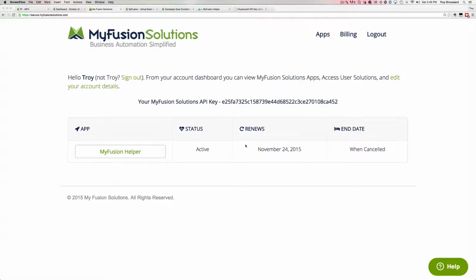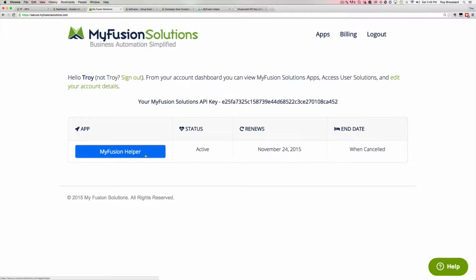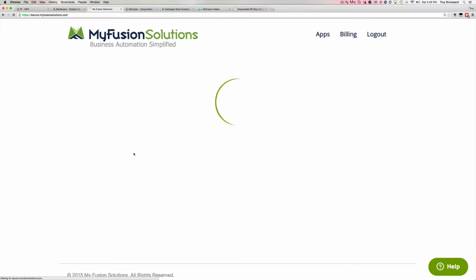So after you log in, you're going to come to a screen that looks like this. Now, you'll see that you can access your account details or billing information. You'll also see a listing of the apps that you have installed. If you've only purchased MyFusion Helper, then that's all that will show up here. However, if you have one of our other apps, such as MyFusion Notes as well, then that would also appear in this list. The next thing you're going to do is simply click on MyFusion Helper to launch